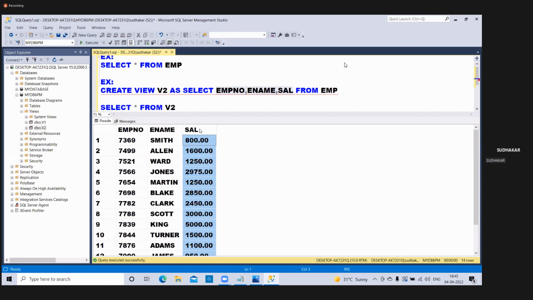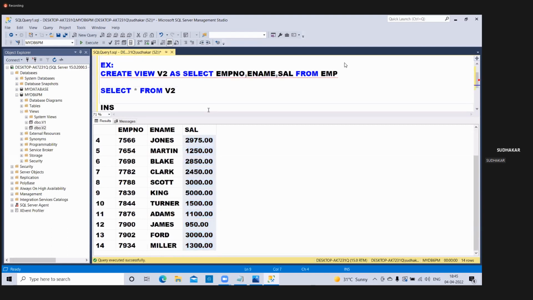Okay, right. Only those specific columns. And here also a very important thing to observe: when you want to insert, for example, insert into V2, I can send my values only for these columns. But in my EMP table, other columns are also there, but I cannot send data for the other columns because it is not showing me now. So I just see how many columns I can see: EMP number, name, and salary. So only the data for the columns shown in your view can the user send. But the remaining columns are